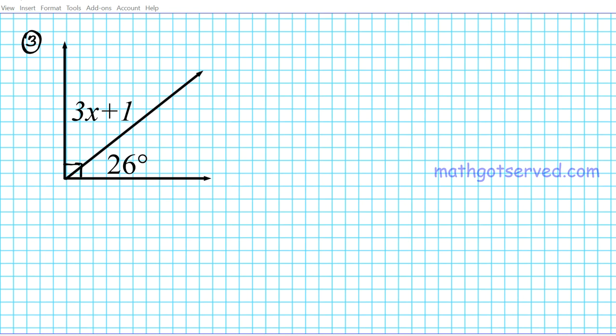Okay, now let's take a look at number 3. We have these two angles here. What's the relationship between these two angles? Now, if you notice, you have a box right here, that basically indicates that these two angles combined together will give you a quarter of a full circle, or 90 degrees. Okay, so in this problem, the angle pair